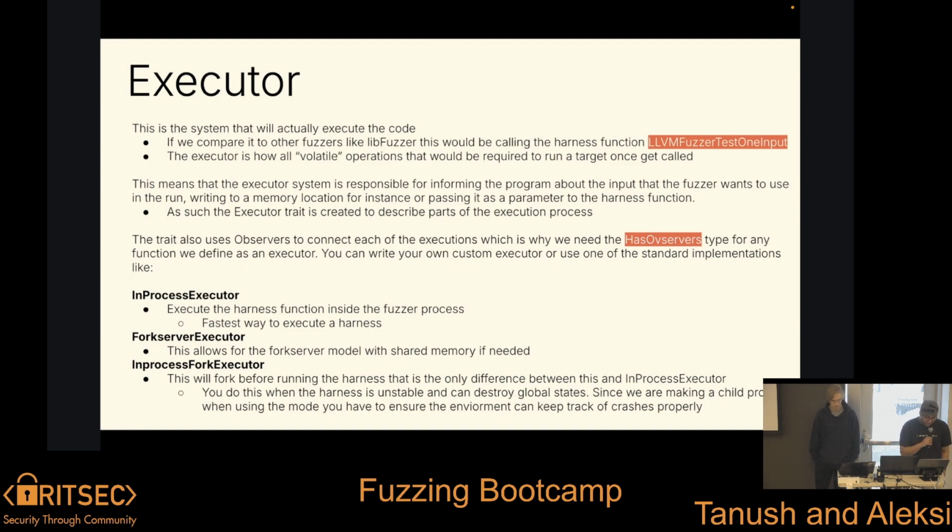The main idea here is you're allowed to define what is the start and end of an execution. With the in-process executor, we're going to keep spawning grandchild processes every single time after, say, 1,000 loops of the same input. With the fork server, every time we have a new corpus, a new input test case, we want to fork the grandchild, and we want to keep all of this in the parent and children processes' shared memory region.